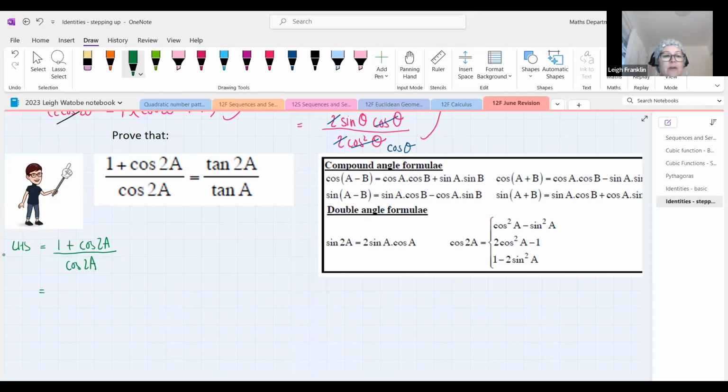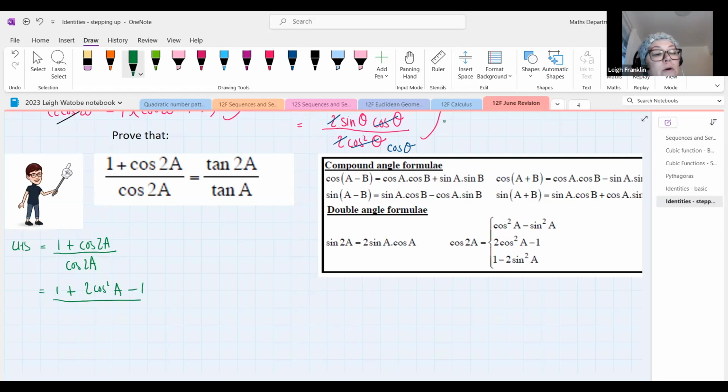How can I rewrite cos 2a in the numerator so that I get rid of the 1? Yes, Amahle, go for it. You use the double angle that says 2 times cos squared a minus 1. There we go. Thank you, well done. I'm going to write 1 plus 2 cos squared a minus 1